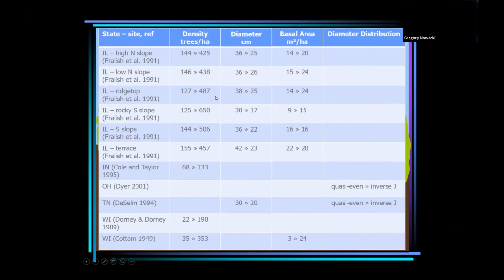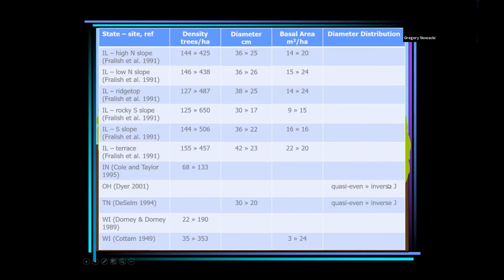Density-wise, we have a tremendous increase that has taken place over time. For diameters, the average diameter decreased. That's not surprising when you're dealing with the secondary and tertiary forests that we now have on the landscape. Combined together, basal areas have actually increased. We think, of course, it's mainly because of this huge increase in stand density. And there's been a dramatic change in diameter distributions, going from this quasi-even